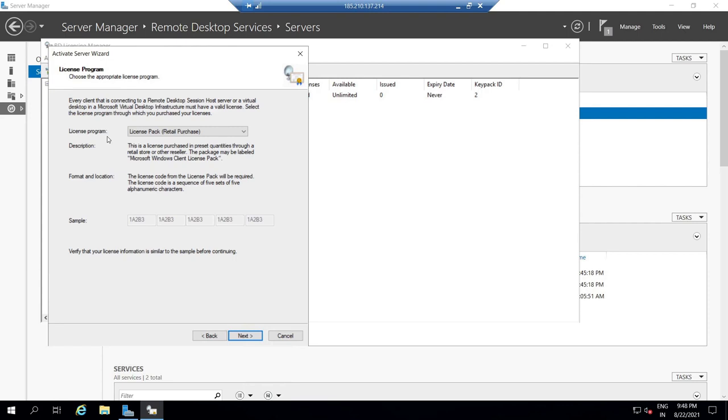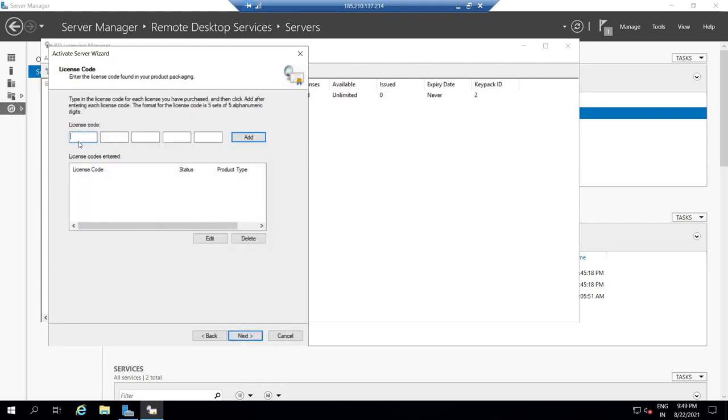Microsoft gives out the RDS CAL license by different methods. One of the license packs is retail purchase. During retail purchase we will be provided with a license key. If you have that type of license, then we choose the license program as license pack. After that click next. Here we need to give the license code and then click on next. But in this video we are choosing a different